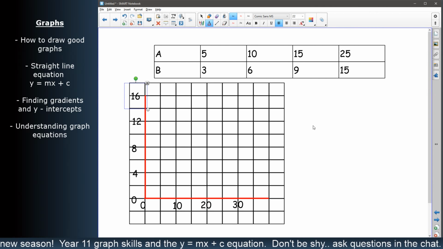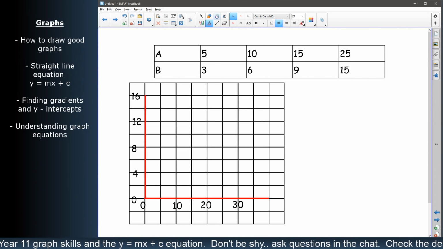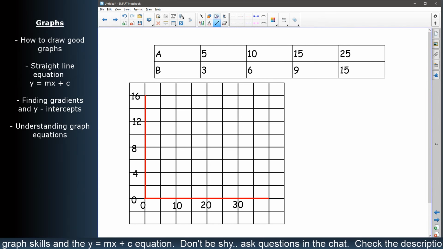Alright, and that's my graph ready to go. Here I can start plotting points. Now plotting points, you'd like to think is a straightforward affair, but we've got one more thing to do before